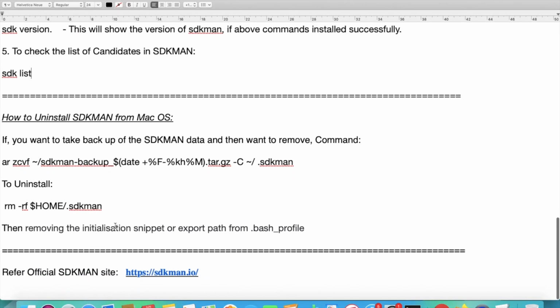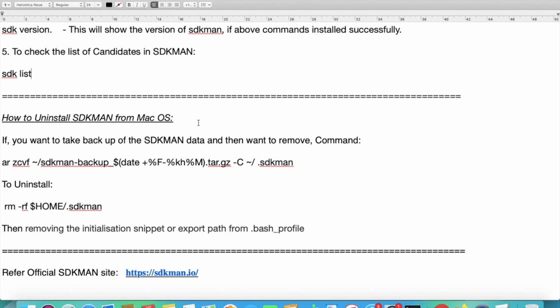So guys, next is how to uninstall SDKMAN from macOS. For that, straight away the command is rm -rf, the home directory where this is installed, and .sdkman. So that's the last step guys. So I'm copying this one.